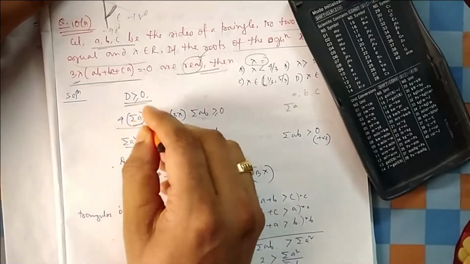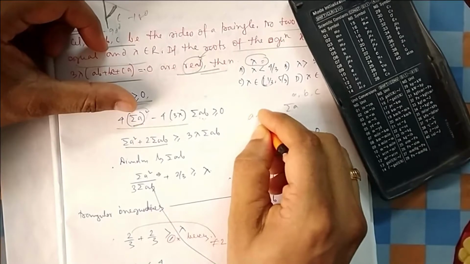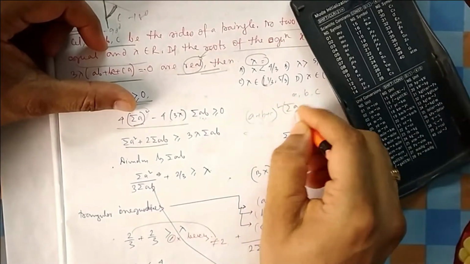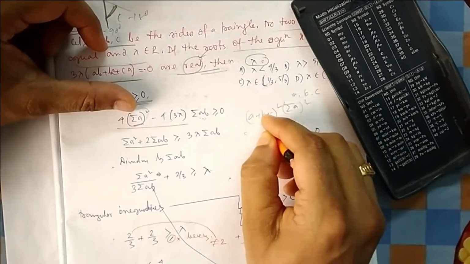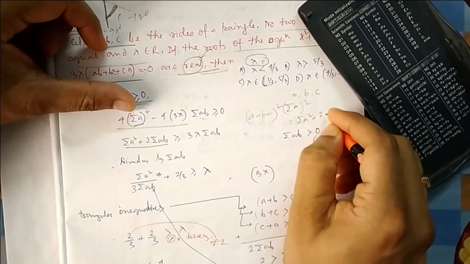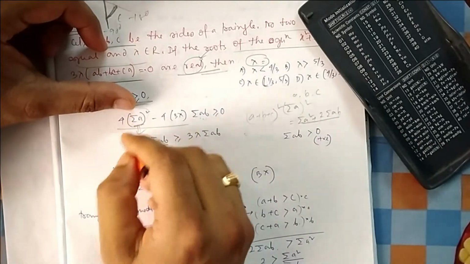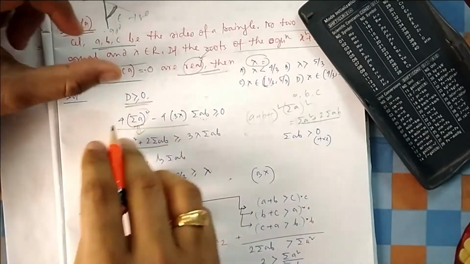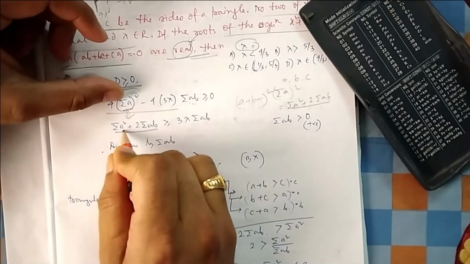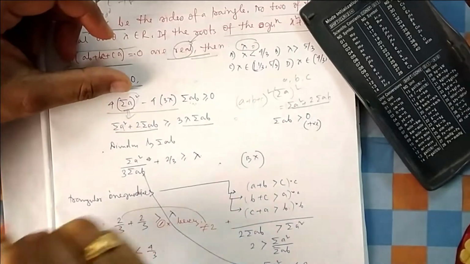Okay, what is summation of a square now? So I have written this one. Summation of a square is a plus b plus c whole square. How can it be written as summation of a plus b plus c, this whole square? This is written as a square plus b square plus c square. So I have written summation of a square, and then 2 into ab, bc, ca. This came from here. The whole square is nothing but a plus b plus c. You can write it in full expression, but I am using it so that it becomes short for you. So a square is a square, b square, c square, then 2ab, 2bc, 2ca. Summation of this a plus b, and 4 I have divided. So this one is this one.